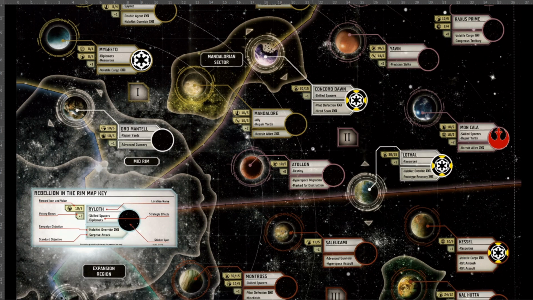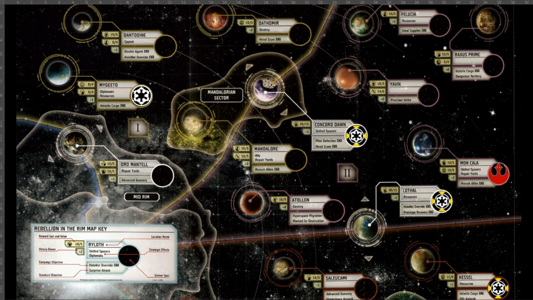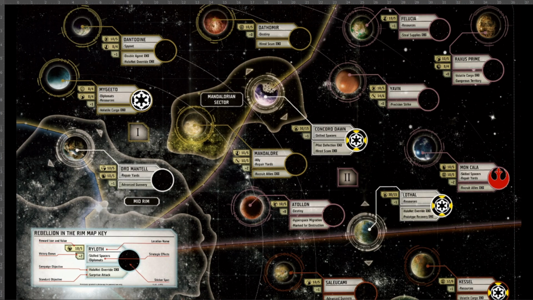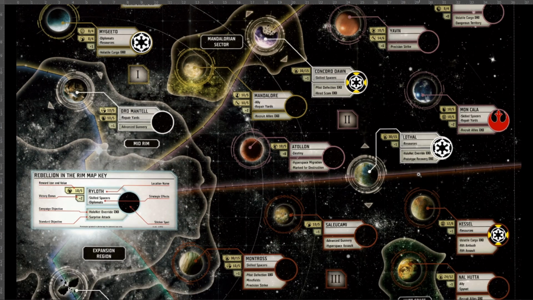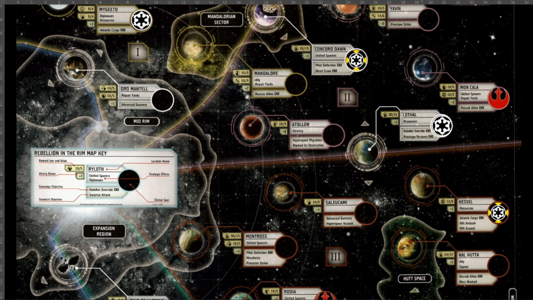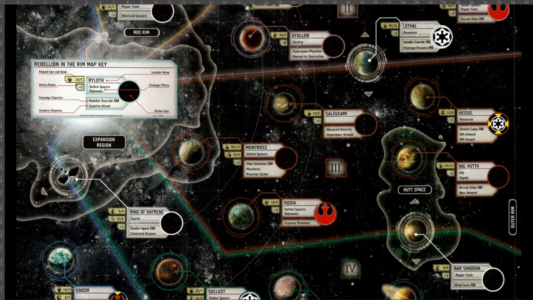So, good stuff there. So the map is quite imperial, and you can spend the resource tokens to build bases, we built a base at Lothal, actually. So we had 2 resource tokens from last round, so we built it there. And then, we gained skilled spacers, resources,